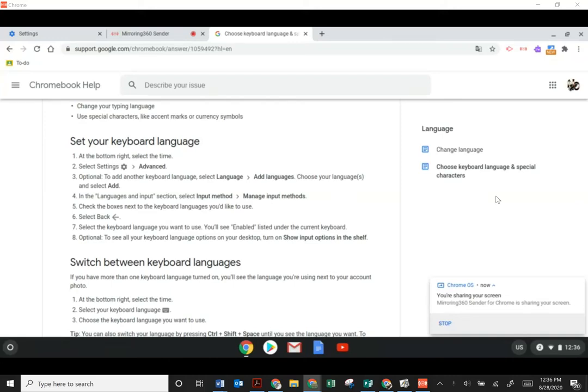Hi students and families. In this video, we are going to walk through changing your keyboard language. This may be beneficial for students in foreign language classes where they need to type in another language. Now, to do this, we actually have to access our Chromebook settings, not just the online Chrome settings up in